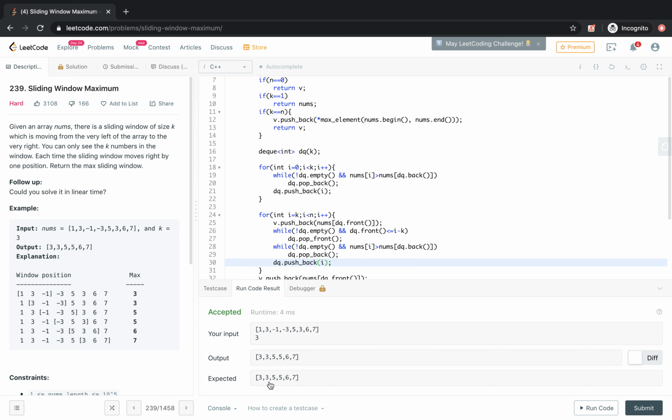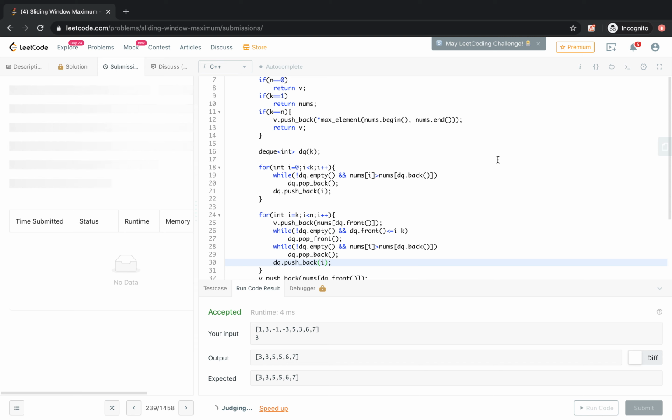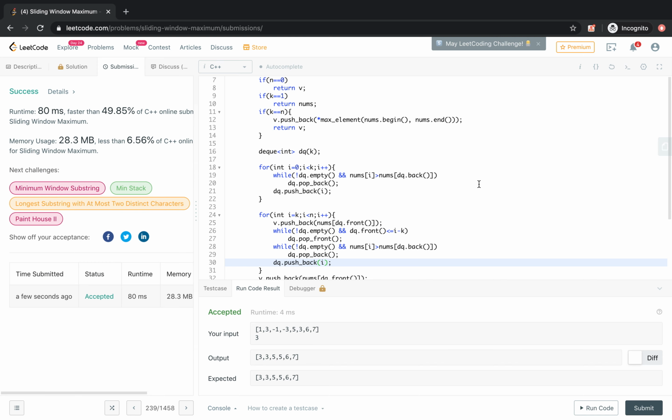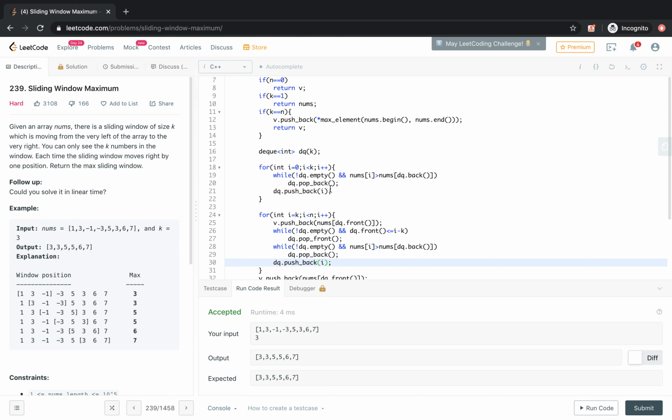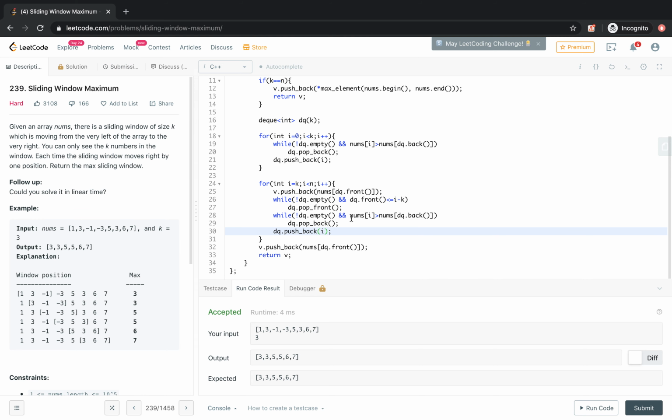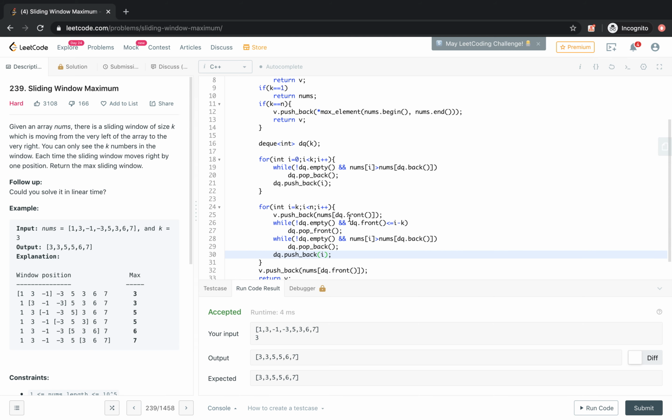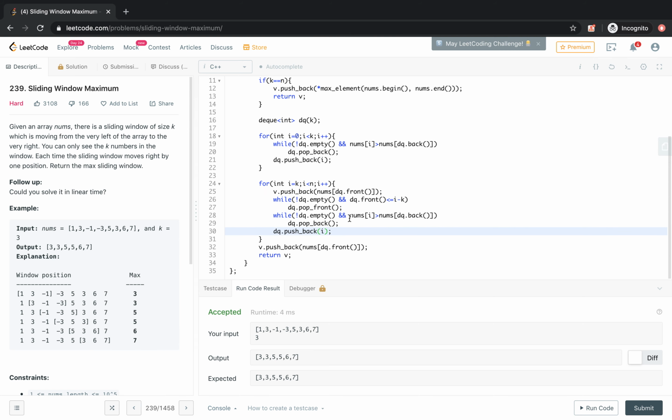As expected, the output is the same as what we have got, so we are going to submit the code. Yeah, it's accepted. So we just go one more time to wrap up the things. Basically we have to find the maximum of every sliding window. So what we are doing, we are using a DQ of size k to hold the k elements. First we run a loop and insert the first k elements in the DQ, and while inserting the first k elements we have to take care that if the element at the back of the queue is smaller than the coming element, then we have to pop the back element.